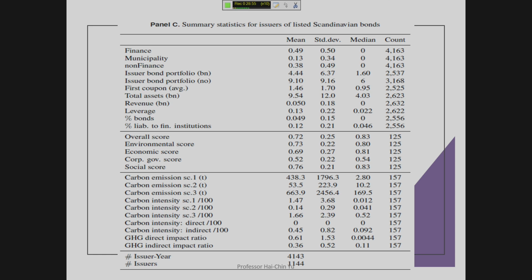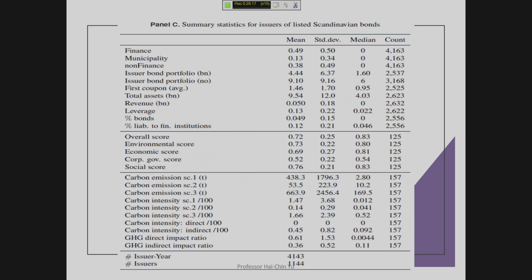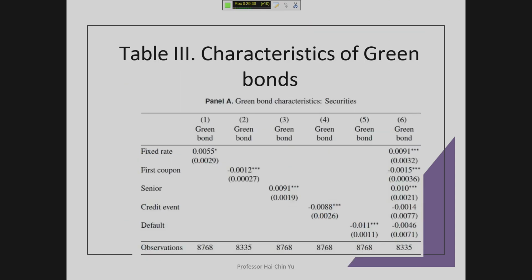So there is some evidence. And we can see the overall score is 0.72 for the regular bonds. And their environmental is 0.69. 0.773. This is the regular. Compared to green bonds, we can take a look at that later. So this is the regular bonds. And green bonds,